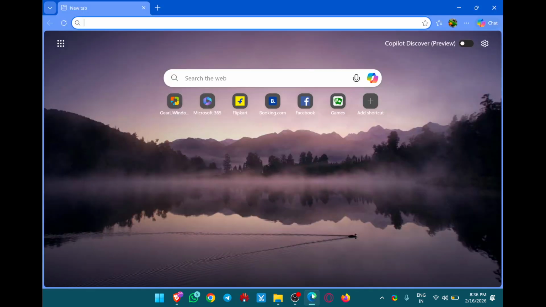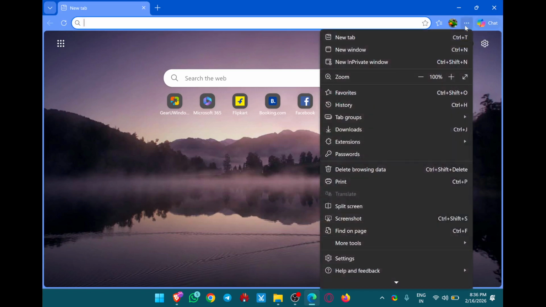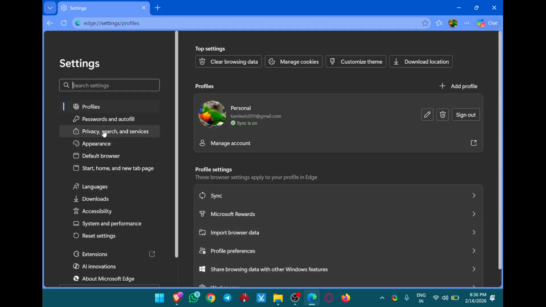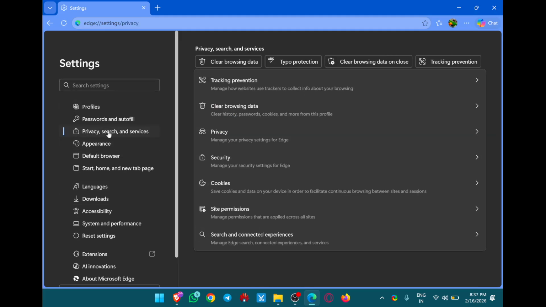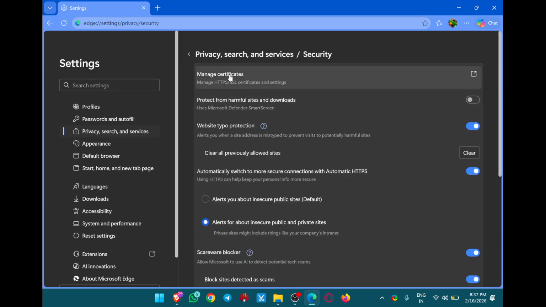First, open Edge browser and then click on this triple dot menu in the top right corner, and in the drop down menu select Settings. After that, in the left sidebar, click on Privacy, search and services. On the right, click on Security, and on the right side at the top you will find this option